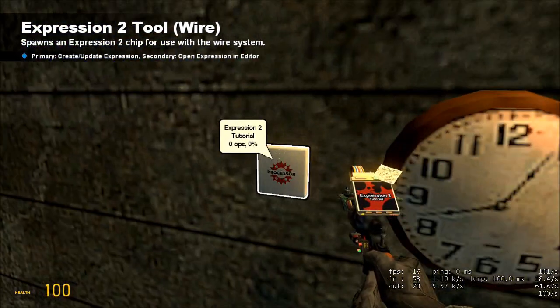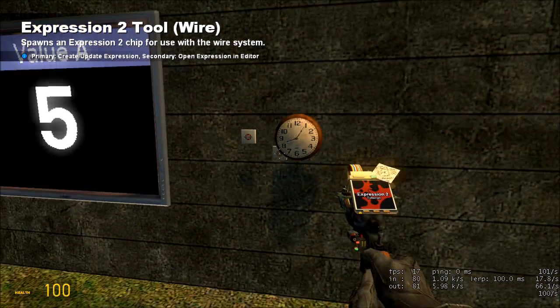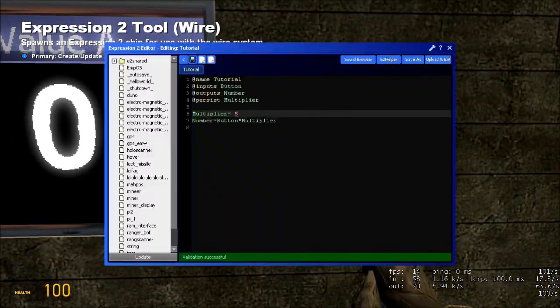It's like if you add a value inside the expression, and as you can see now, it multiplies the value of the button by 5, thus returning the number 5 or 0. And this covers the basic directives. Now the basic